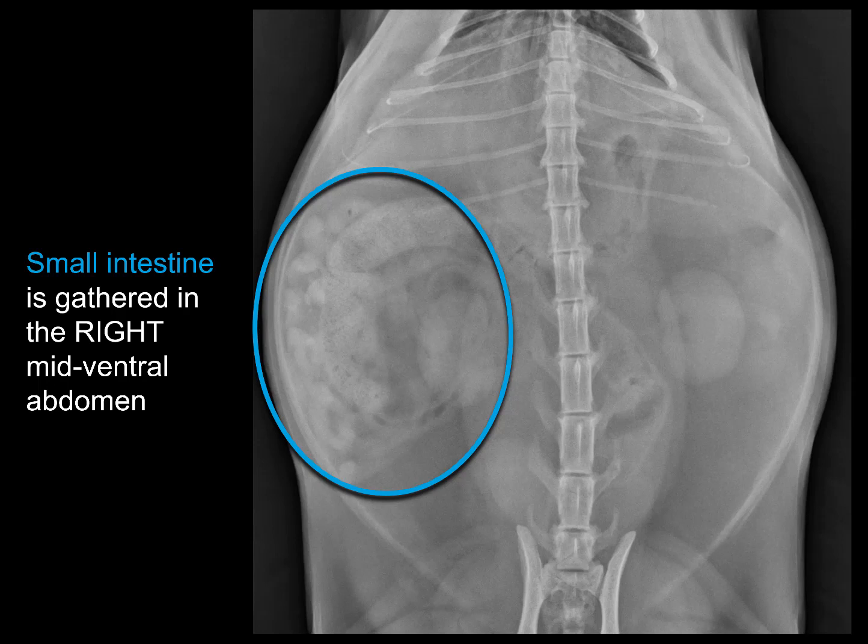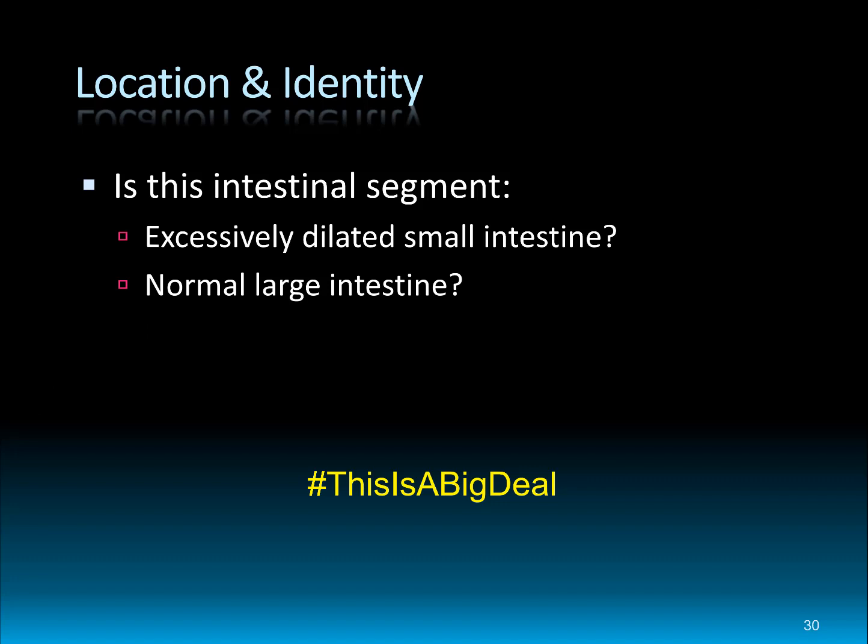It's not that this is bunched or plicated, which we'll talk about later. This is a typical appearance, that they don't have uniform distribution of the small intestine. It's just how it is. So when we're looking at a small intestinal segment and trying to determine who it is and where it might